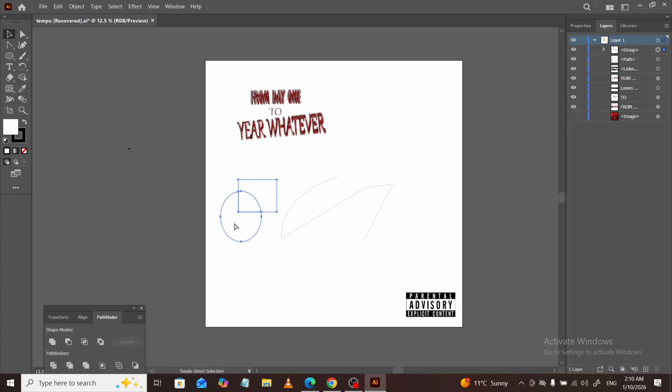If you want more precise edits, switch to the direct selection tool to adjust anchor points and handles on a specific piece. You'll notice the edges are perfectly aligned since they were cut exactly along the overlaps. If something isn't separating as expected, double check that you selected all the shapes